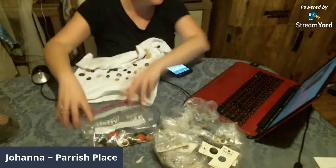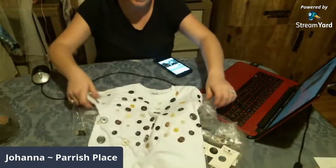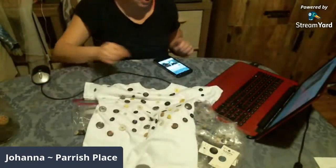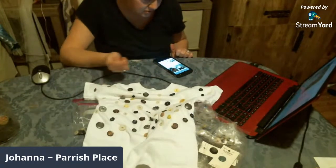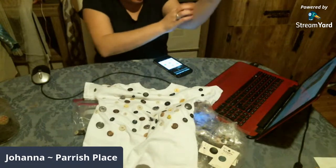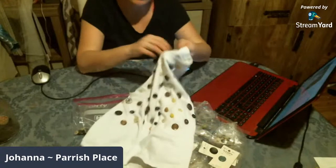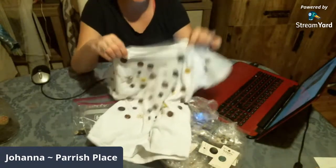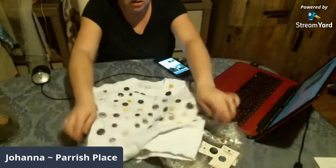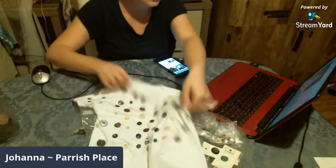So you're like, well, what would you do with all these random buttons? Should I sell them on eBay? No. And I was like, that'll be perfect for my project. Well, for Joseph's project, because he already had the white t-shirt. This is just a plain Fruit of the Loom 4T, 5T white t-shirt. And I just started letting him pick. I was like, pick out all the cool buttons you like. So, of course, he picked out this metal